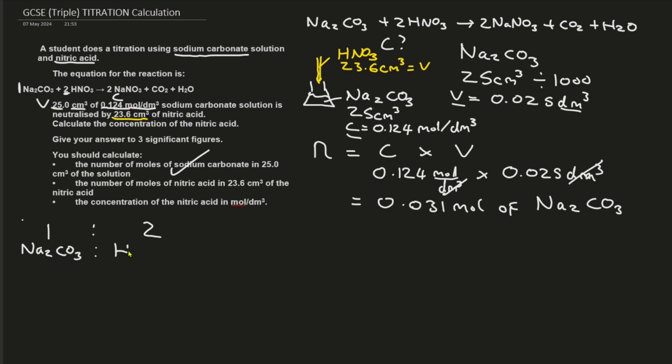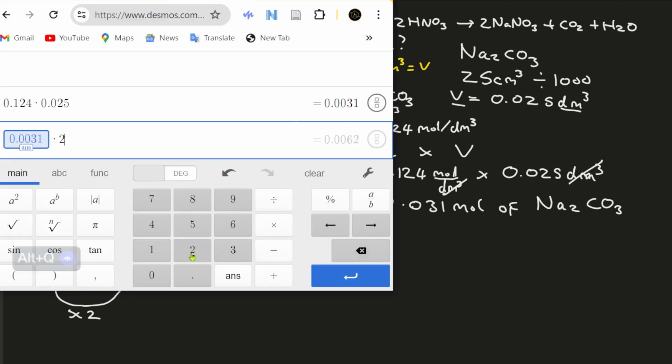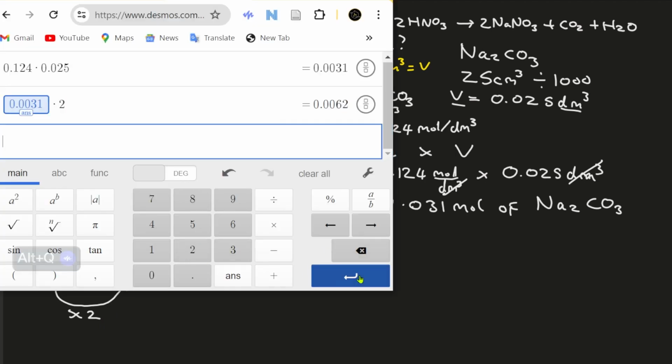For HNO3, we have 0.031. And of course, if I've got 1 of these and I've got 2 of these, I have to multiply by 2 to get my number of moles of HNO3. And that will give me, therefore, times it by 2, which gives us an answer of